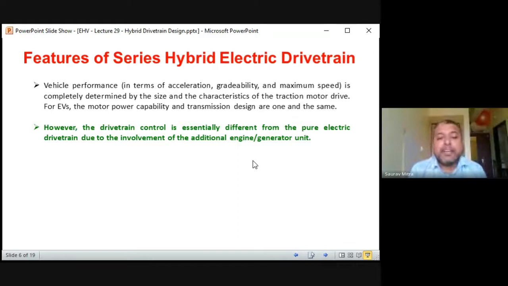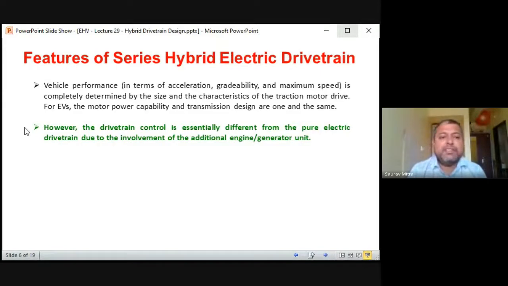And not only these two, as this is a hybrid system with the motor, we have to design the PPS also. That is a peaking power source. So these are the main three designs, you can say. One is engine, one is battery, and one is the motor. These three are the main designs in case of hybrid electric drivetrain. So two things are mentioned here. One is battery and another is the traction motor. If we know how to do these two designs, we can say that yes, we know how to design an electric drivetrain, and that is also for series hybrid type.